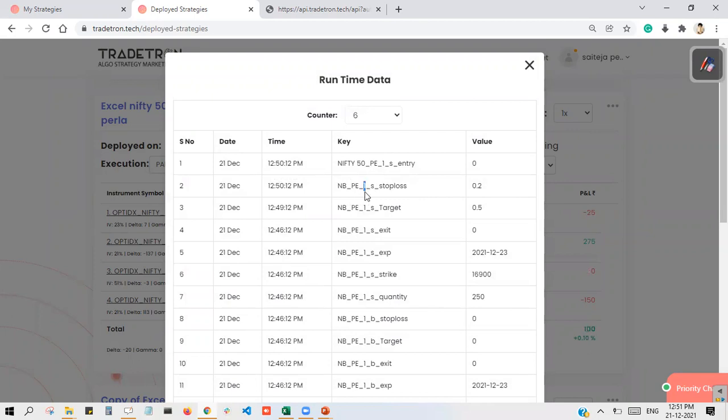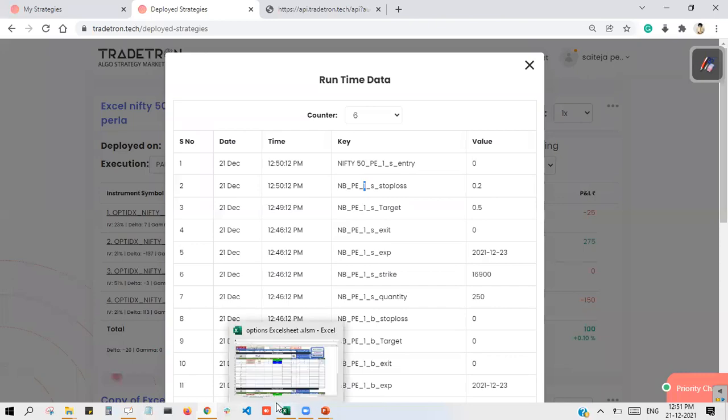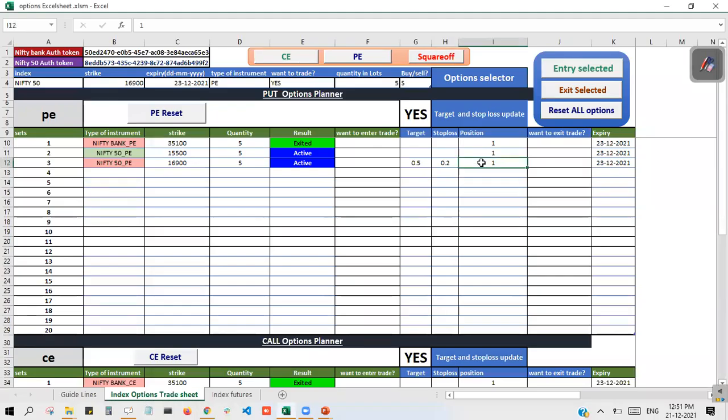Okay, so if there is one option, you need to check the position number for that option. You can see the position number is 1, and please don't change this position number. This is pretty much important. If you change the position number, everything will go to a different area and everything will be messed up. So I won't suggest you change this position number. Please keep this in mind.